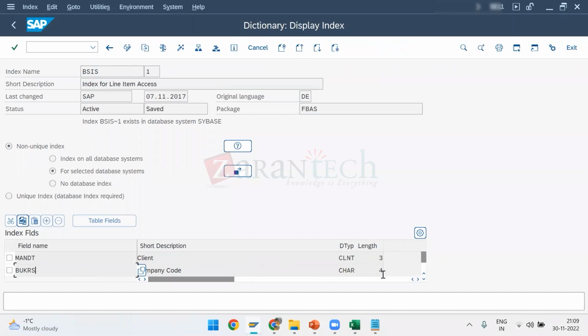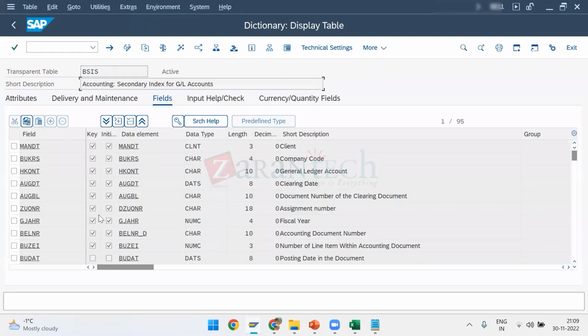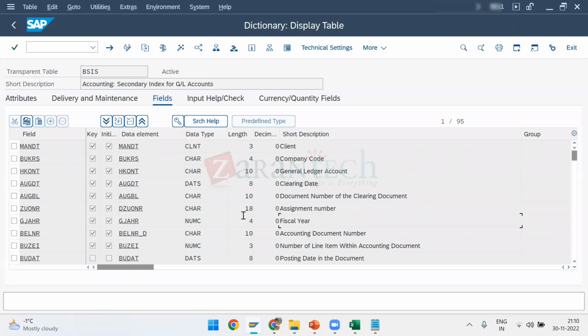So SAP has given a few fields: company code, document number, fiscal year, line item number. If we try to retrieve the data based on these 4 fields, then the data will be faster. But in a table, there will be several other fields, right? If we use, for example, the assignment number or the posting date, any non-key fields or non-index fields, the data will take a lot of time to fetch